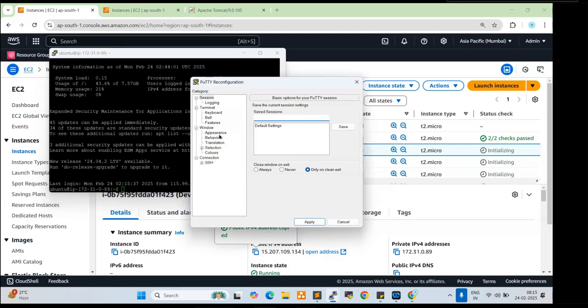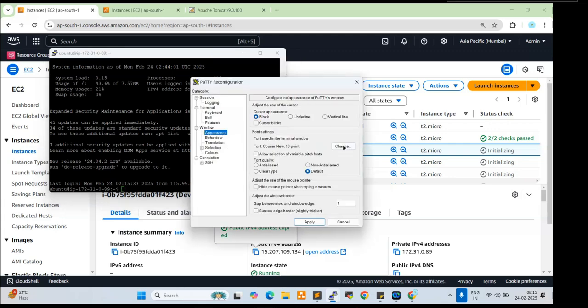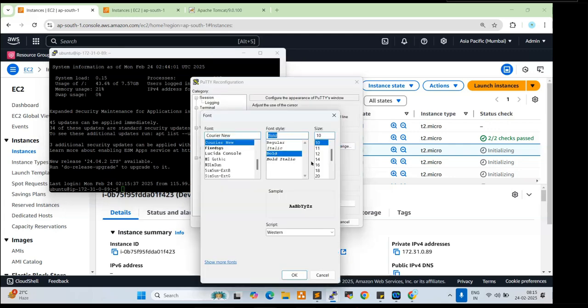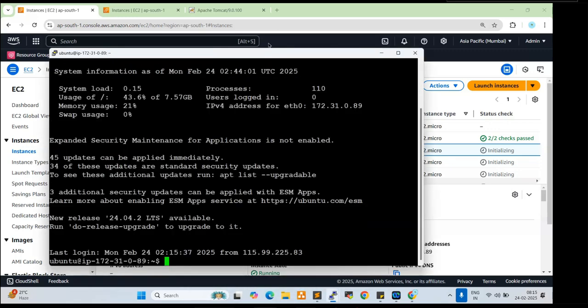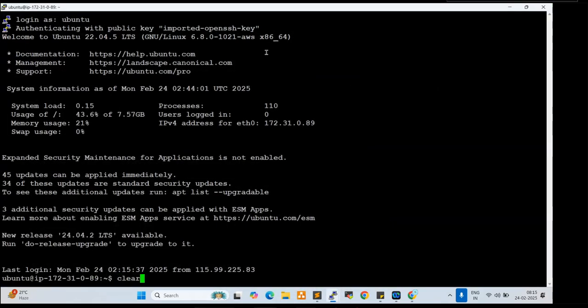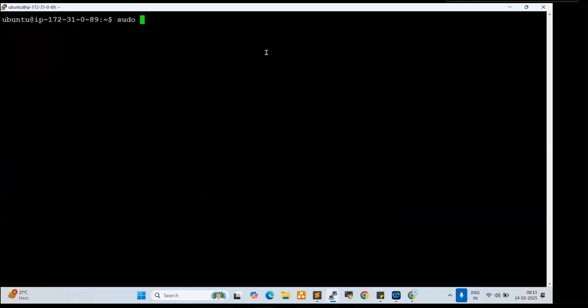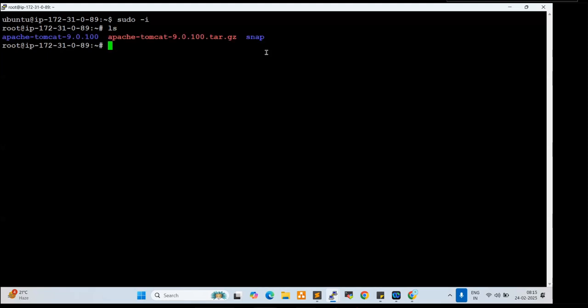Change settings, appearance, change. Sudo space hyphen i. Tag name not required. Now if you check ls, Tomcat is available, right? This is the dev 1 server. Now if you want to check the Java,